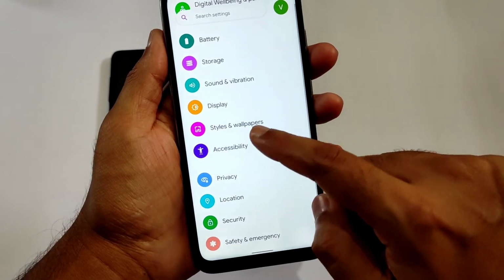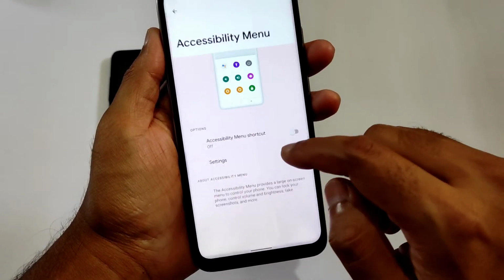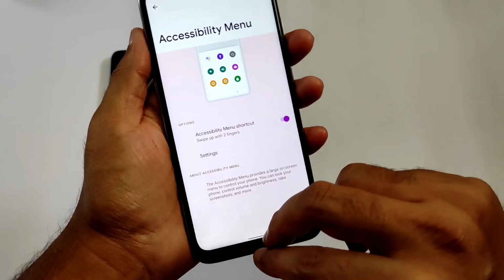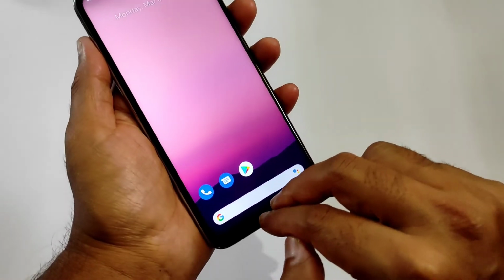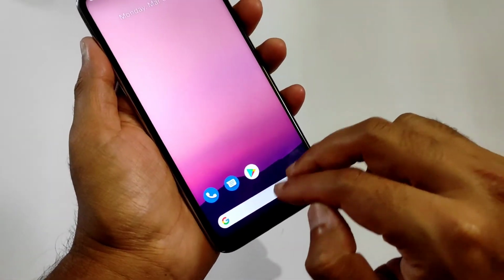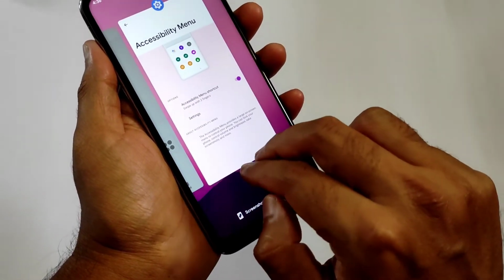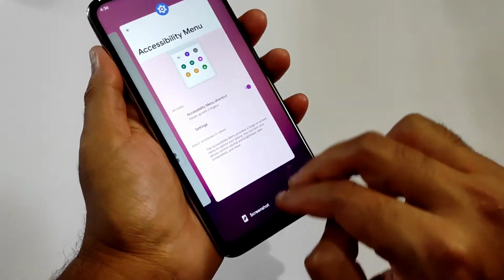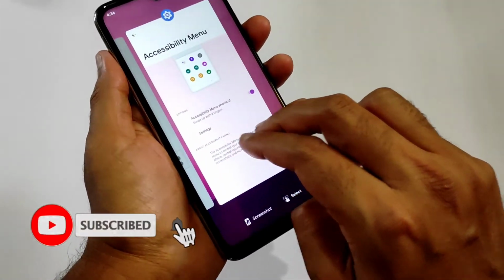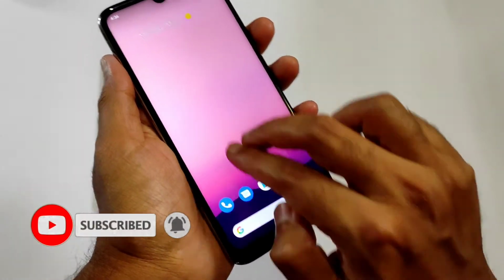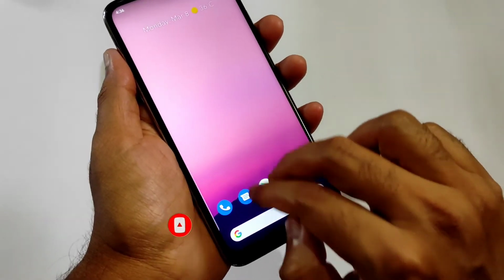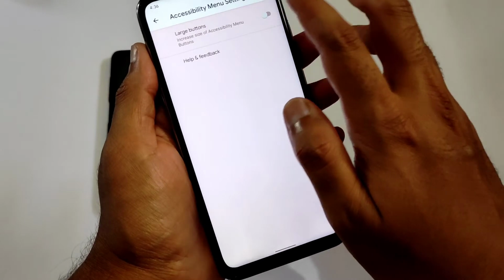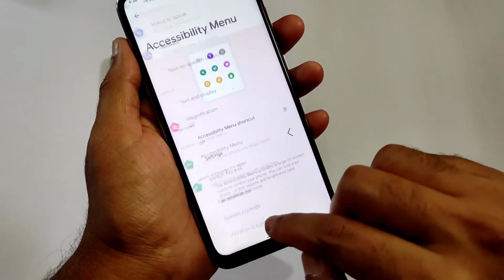And accessibility, as you can see, the accessibility menu is there. Let me check. Two finger swiping from the bottom, it's not available. Maybe a bug for this ported ROM, or even in the developer preview one it's a bug, I don't know. It should work. Let's see, in the upcoming ROMs we will get this two finger swipe to get the accessibility menu. It's my personal favorite feature in stock Android, the accessibility menu, but anyhow here it's not available.